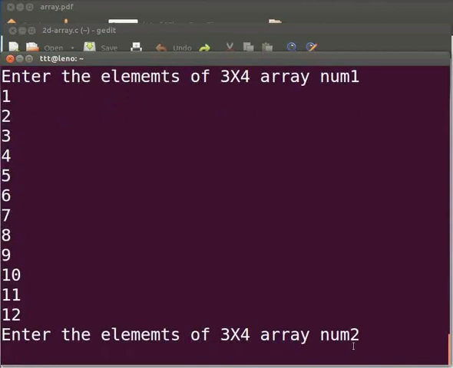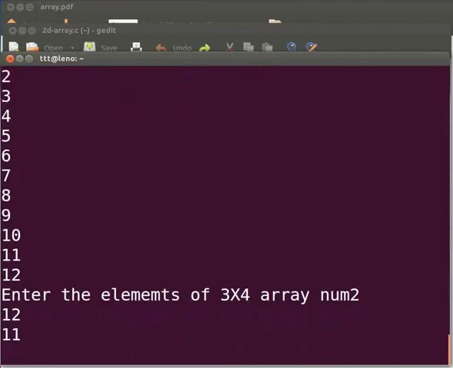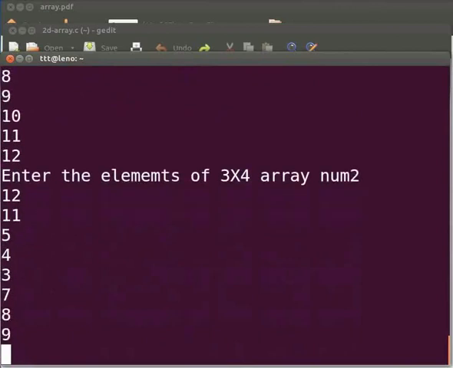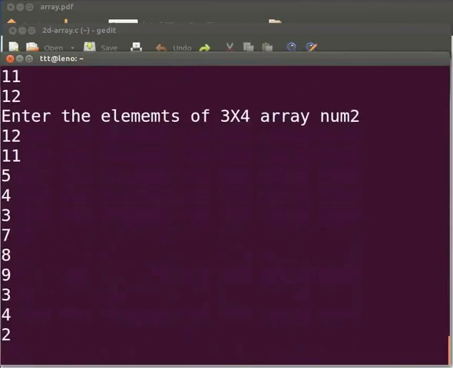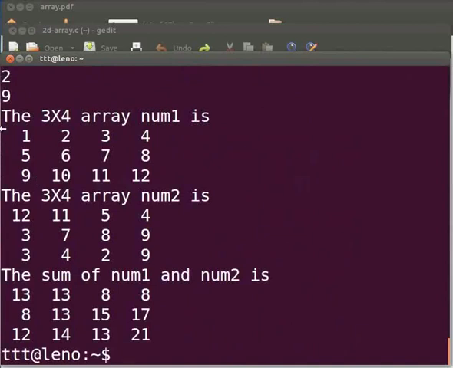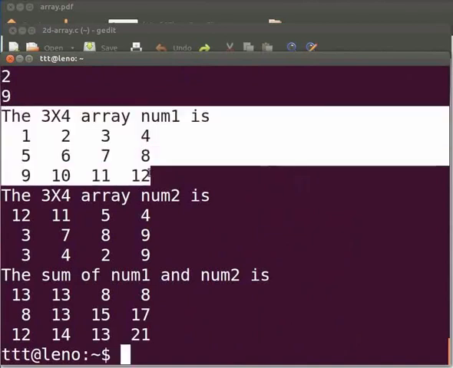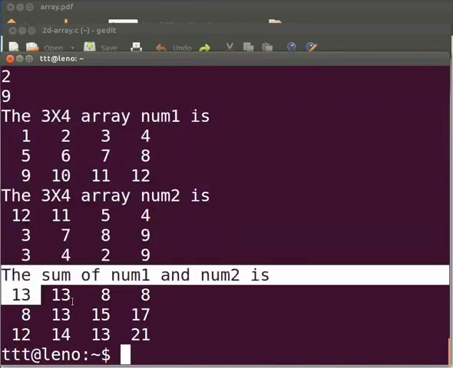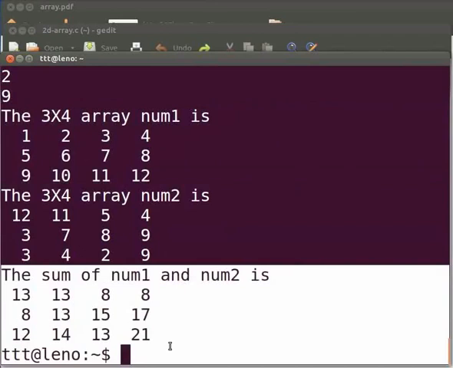I will enter the values. The output is displayed. Here we can see the num1 matrix. Here we can see the num2 matrix. And this is the sum of num1 and num2.